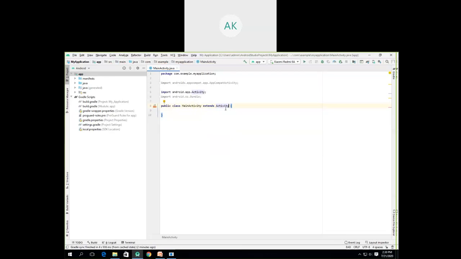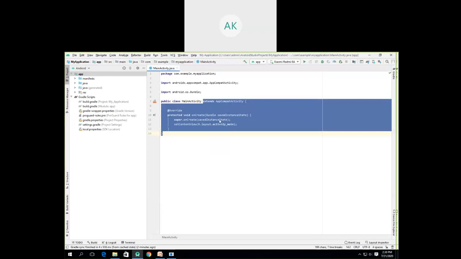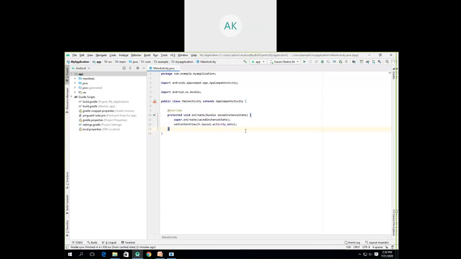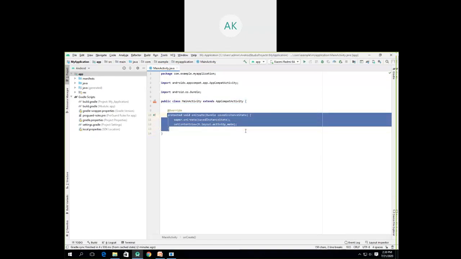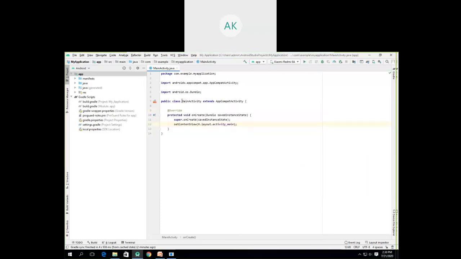Otherwise you can go with the code generated by the Android Studio IDE. That is the advantage of using an IDE: some part of the code is automatically generated. So this is the class MainActivity that we have created. Now in order to make it a user interface, you should extend a built-in class which represents the activity. Here it is extending a class called AppCompatActivity.